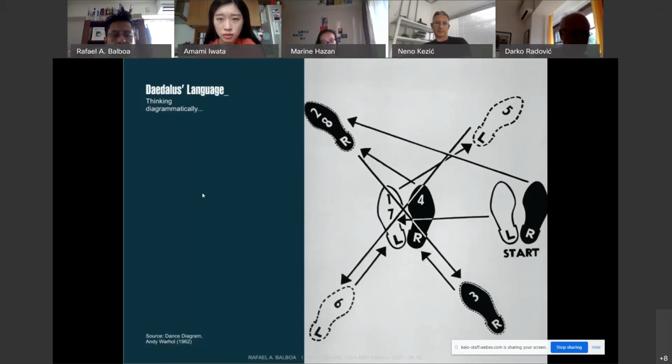So this is precisely diagrammatic thinking. So we have here the two feet, just one L and one R representing the two feet, and then the movements of a dance. So that, I think, is at the same time there's a content of beauty too in the way we represent